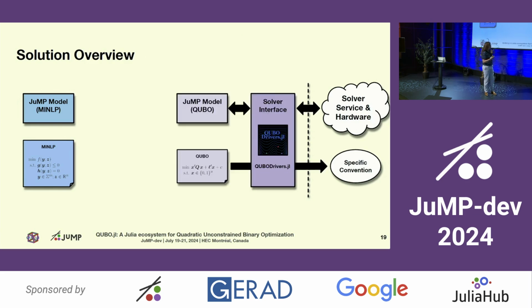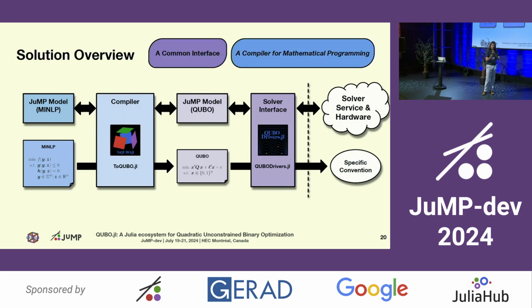Basically, we came up with this QUBO drivers package that allows us to very rapidly deploy JuMP interfaces, given the assumption that our mathematical model is very simple. In this package, you have a specialized macro where you give the name of your solver and some attributes, and you define a sample function that allows you to directly interface with the solver and get the results back. On the other side, we have QUBO.jl, the compiler that will translate whatever you have on this side into the QUBO formalism.